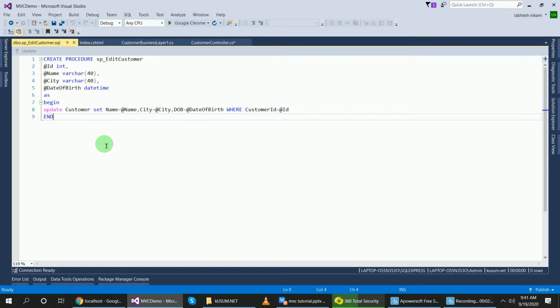You can see here this is my procedure name to update the data, with parameters passed, and the SQL query to update the data. Update table name, set name equal to @parameter name, and so on, comparing the table fields with these parameters, where customer ID equals @ID, the ID parameter. So this is a simple, straightforward procedure to update the data. Now